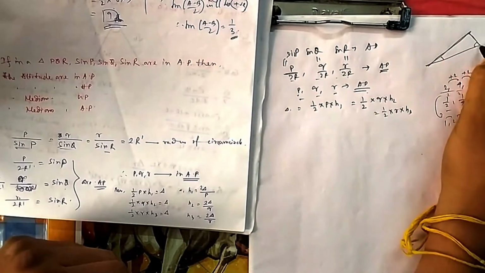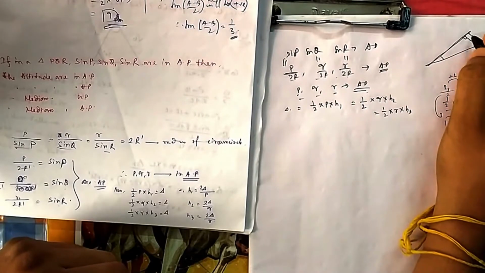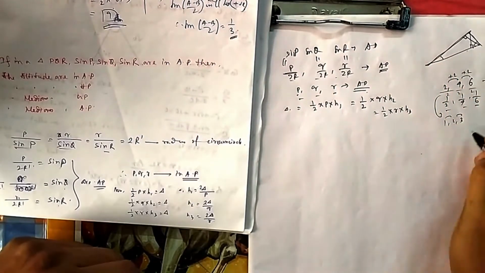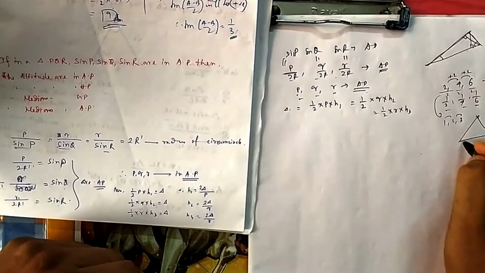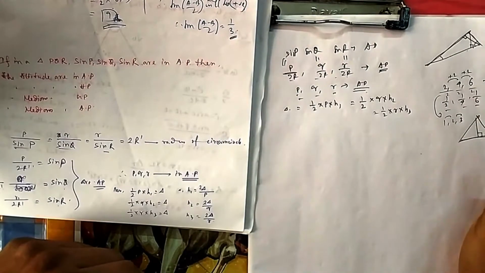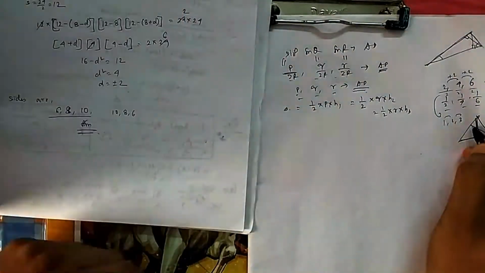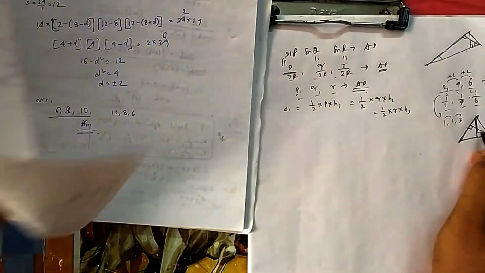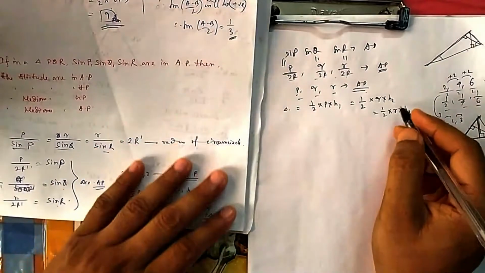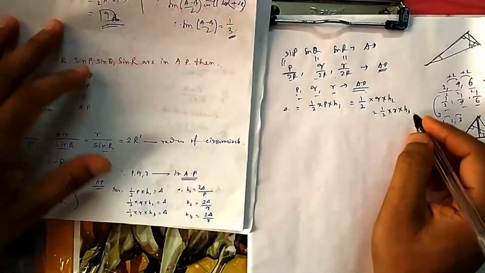If I take this base, then this becomes my height. If I take this base, then this becomes my height. I can find the area of a triangle using any one. Suppose I take this base, then this becomes the height, so half height into base. If I take this as a height, then this becomes the base, so half base into height. Correspondingly, all heights I have considered. Altitude means height only. So these are all equal.